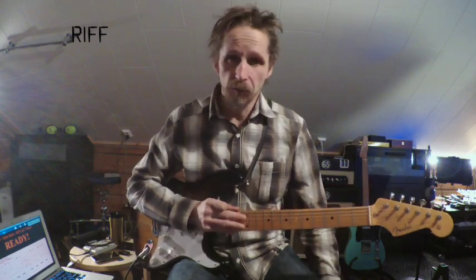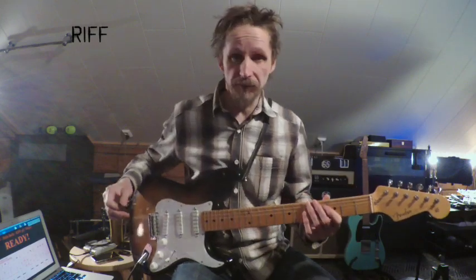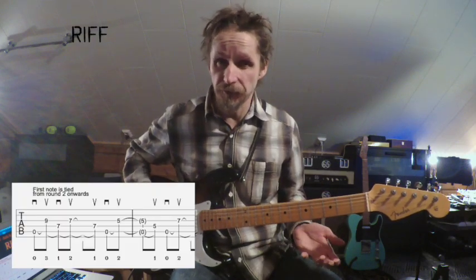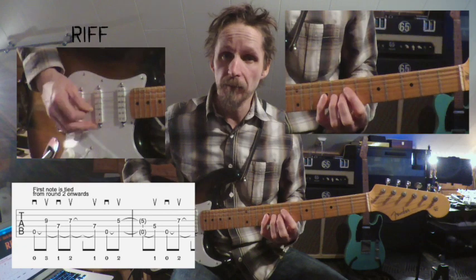This was part 1. It implies that there's at least another part, and that is the case. There's 2 parts. So part 2 is very similar. It just has variation in the end. So what we do here, we play first what we did in the first exercise, in the first step of learning the riff. We play this